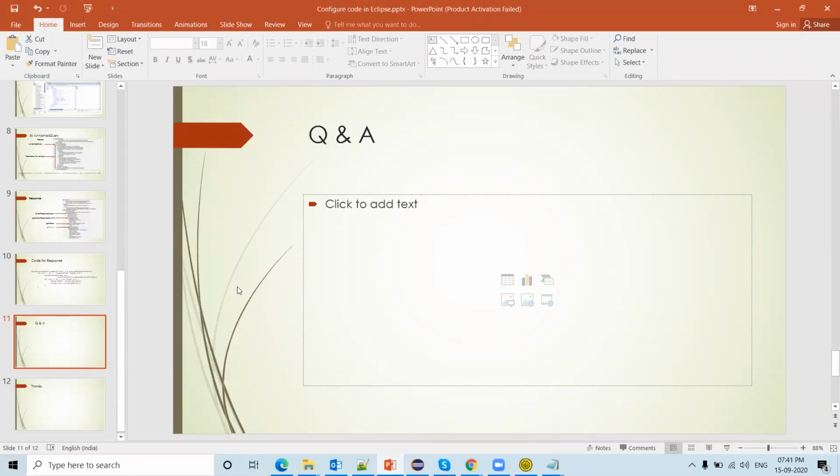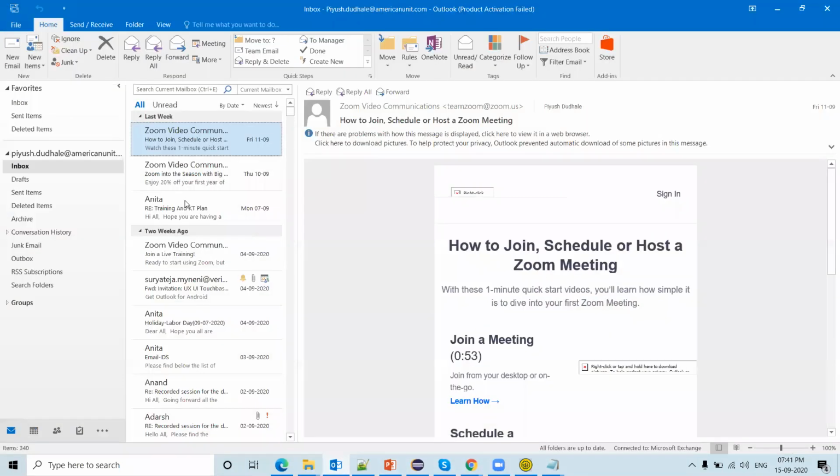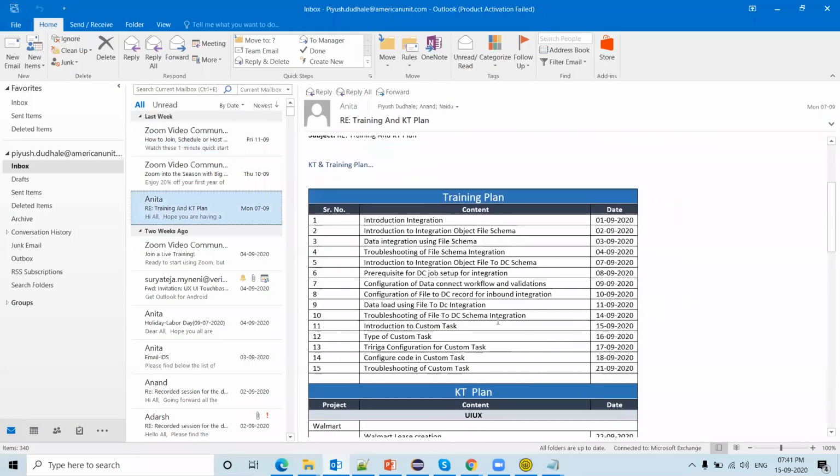That's it for this session. Any questions? We have covered all the topics mentioned in this plan: configuring Java task, types of custom task, and types of class loader.